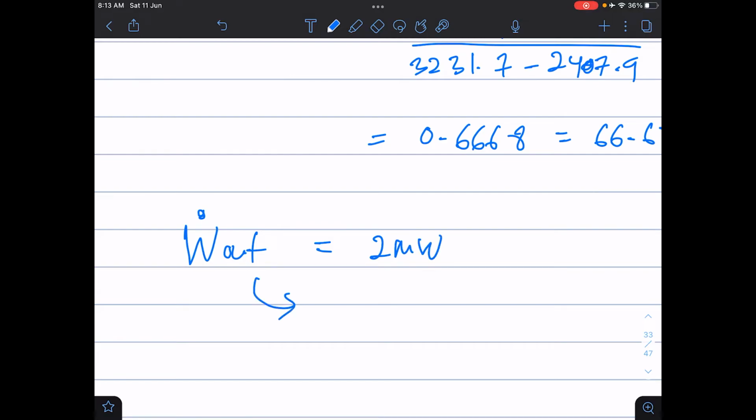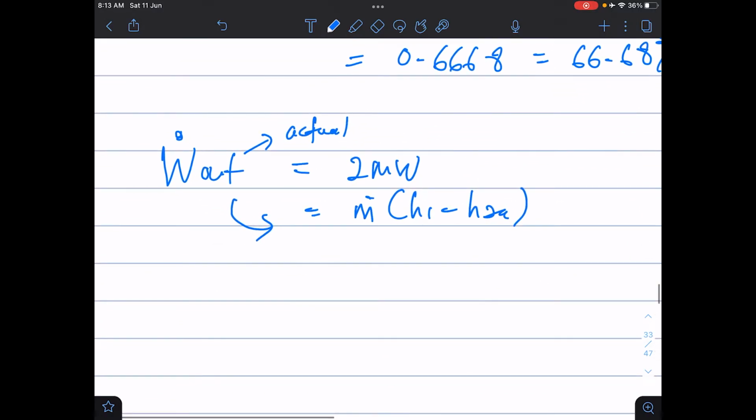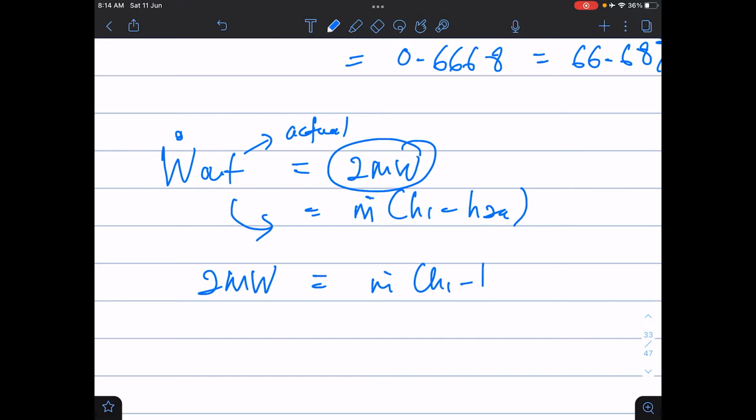So this formula is related to m dot (h1 minus h2a), 2a because it mentioned just now in the question this is for representing the actual work output. Okay, so since we have 2 megawatt here, this is equal to m dot (h1 minus